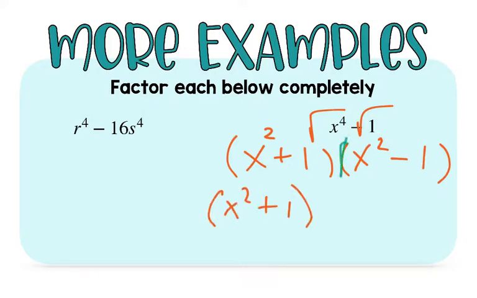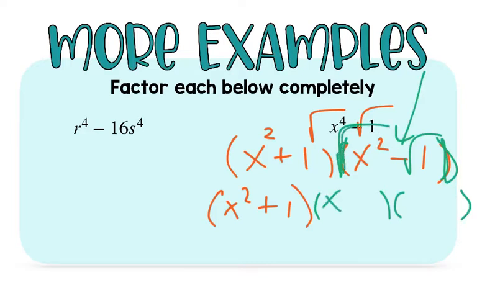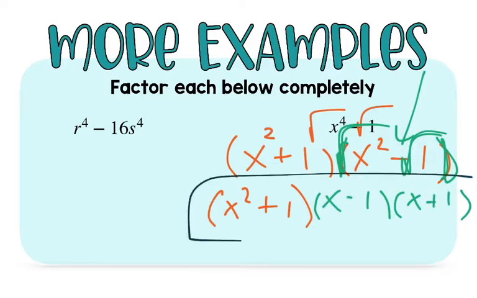But this one here in green, since it was another minus, and I can take the square root again, that one's going to break into 2 more. The square root of x squared is x, and the square root of 1 is 1. Put a plus sign in one and a minus sign in the other, and now you're done. Okay, and that's it. That's the last thing I wanted to go over is just that if you do difference of squares, keep in mind that sometimes you might end up doing it twice because one of your factors might allow for